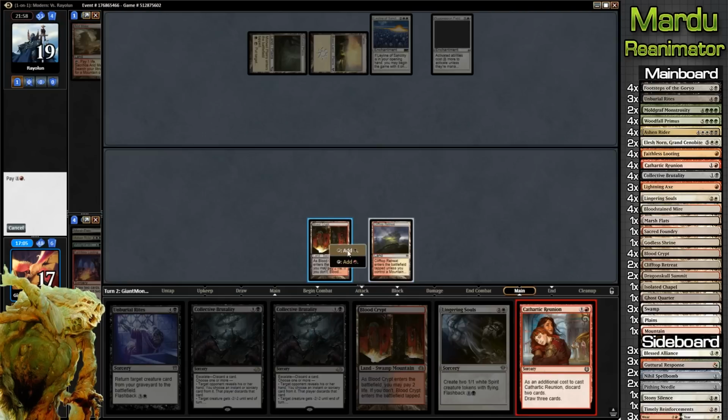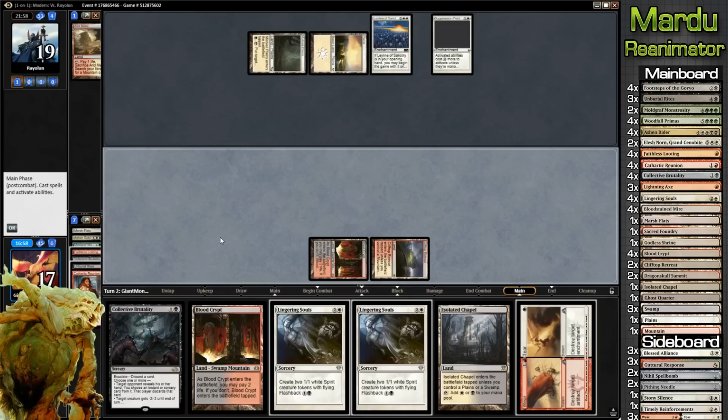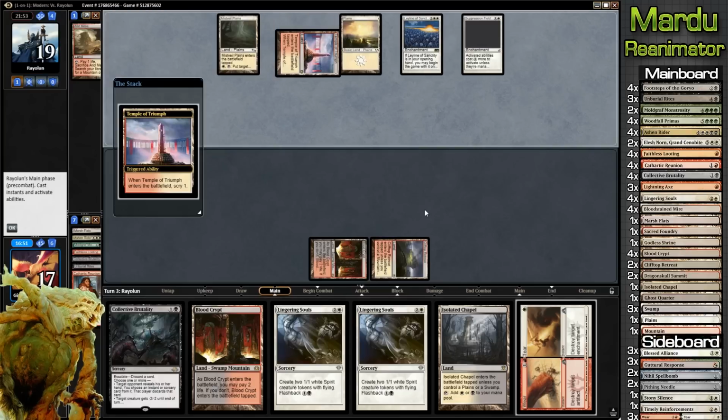Cathartic Reunion. This is a very good card to get here. Discarding Unburial Rites, and might as well go with Collective Brutality. It's not going to be that good for us. And we do have Wear Tear. Good. We are going to hold on to that for a second here, and ship it to our opponent's turn. If we draw a Footsteps, we're going to play Footsteps. I don't think we will. It's pretty unlikely that we draw Footsteps of the